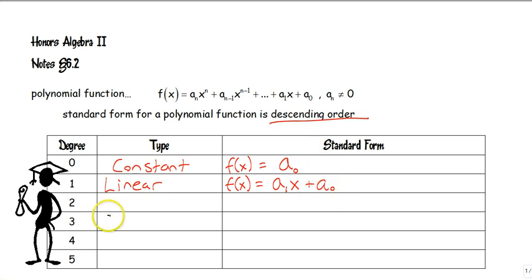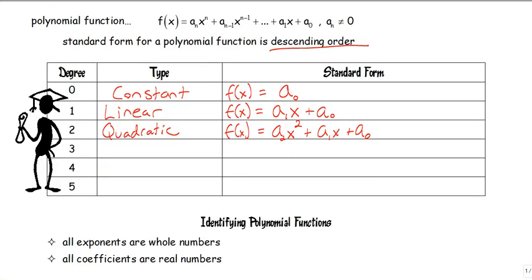Now 2, we've talked about these. If you have an x squared, what type of problem is that? We dealt with that all last chapter. They are called quadratic. So we have f of x equals the coefficient for the x squared, the coefficient for the x, and then the constant coefficient. 3. If you have a degree of 3, we call that a cubic